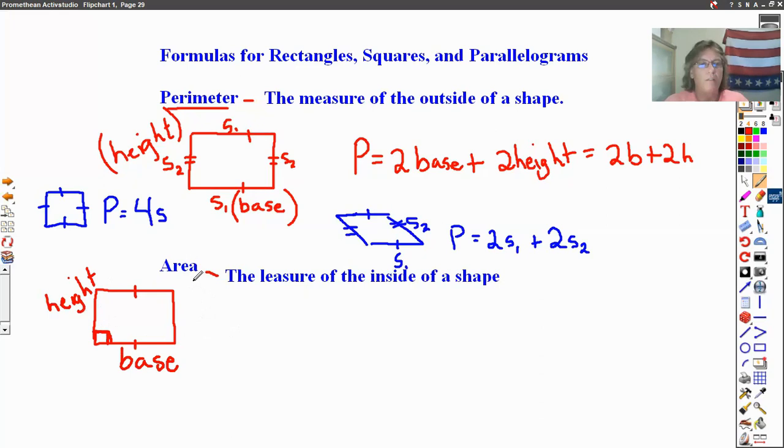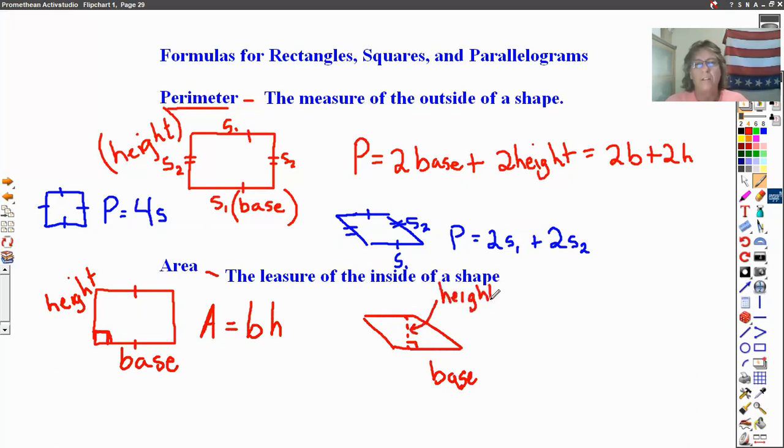And so the formula for the area of a rectangle, a square, or a parallelogram, area is equal to base times height. And so when you look at a parallelogram here, here's the base, and the height here is going to be a perpendicular distance that measures from one base to the other, and that's a 90-degree angle. So there's your height right here. And so it's a little bit harder to find in a parallelogram, but just recognize that the measure,